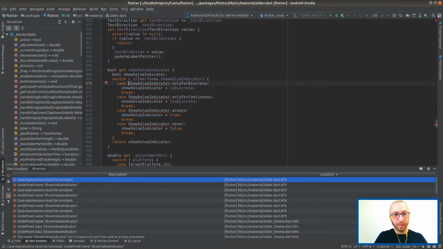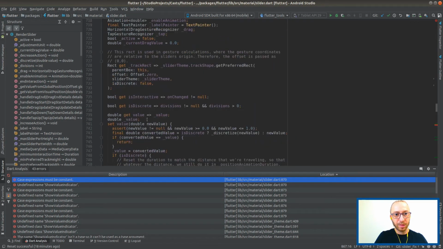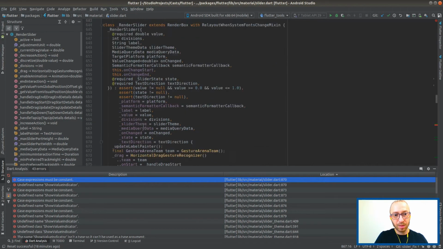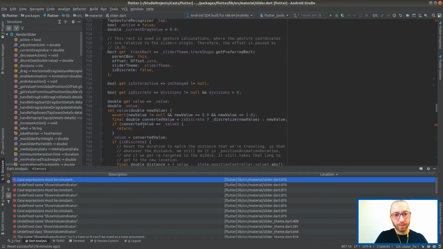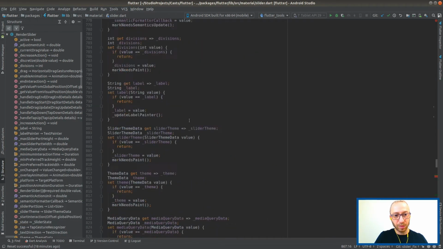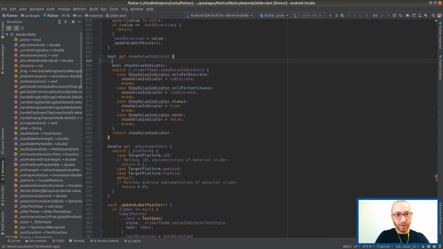And we meet you again. So this time we're in, I'm guessing, the render slider. Not so sure. I think render slider is just for the single slider, the normal one. And I'm assuming it's going to be labels as well, right?